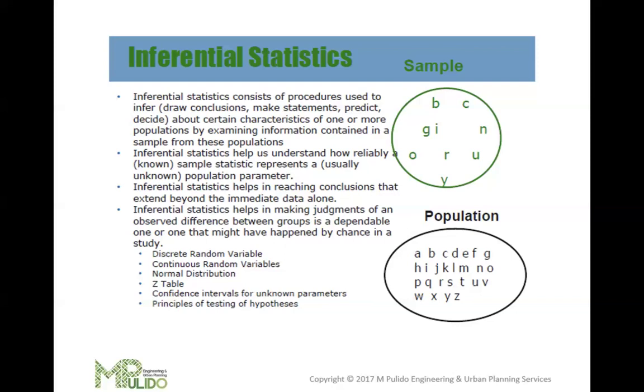So another key component there is sample and population. Okay, so what is a sample? It's a subset of the population selected for observation and analysis. And so population is the entire group of individuals or instances about whom we hope to learn. So for example, we're looking at all students in a university as the population, and then a group of 200 students randomly selected from the university as a sample, right?